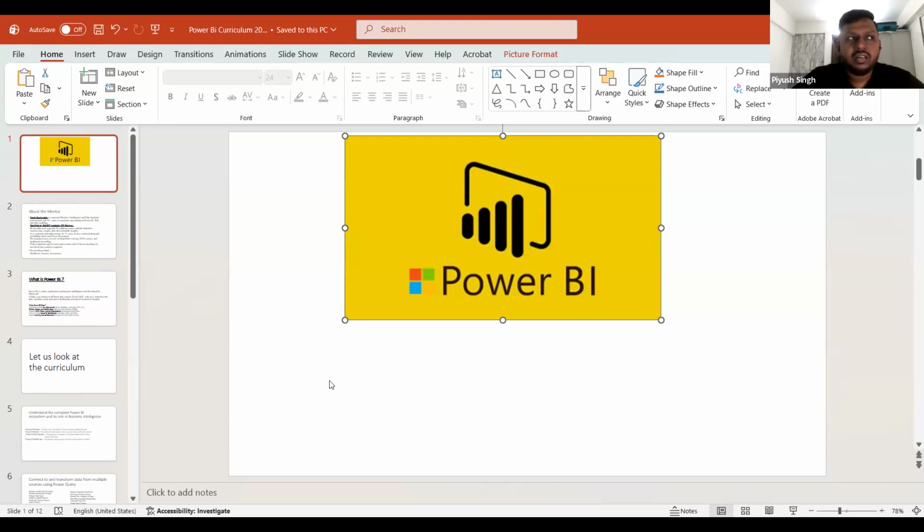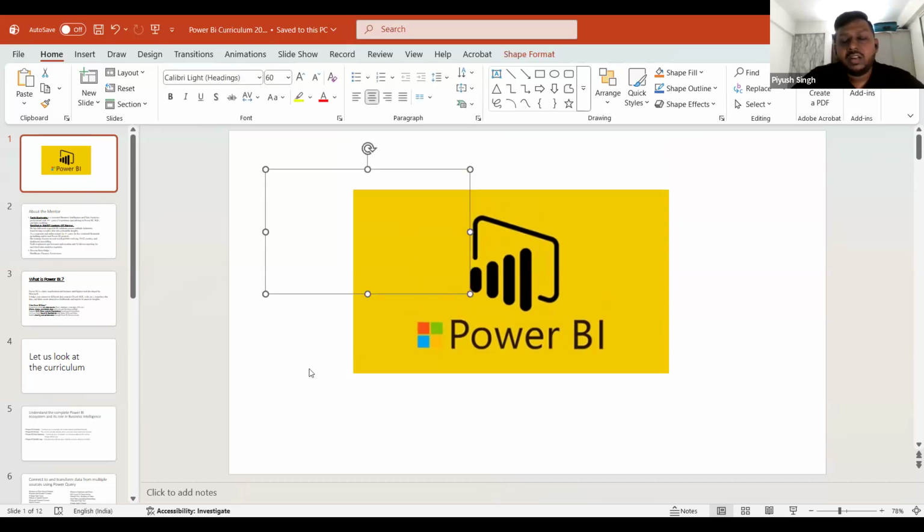For that one particular reason, and the advancements which keep coming from Microsoft, we are here trying to learn Power BI, and that is the reason why Power BI has been standing tall in the market for at least a decade. And when I say standing tall, it means in comparison with competitors like Google, like Tableau, and many others like Cognos. There are different tools in the market used for different purposes, but one tool that can incorporate all the purposes of your business visualization need is Power BI.